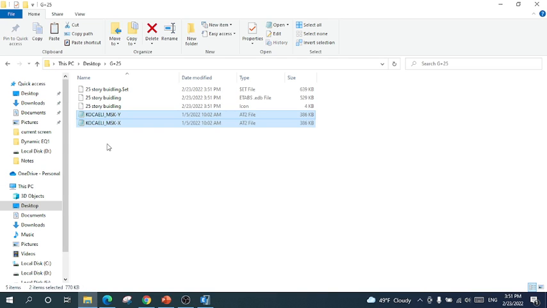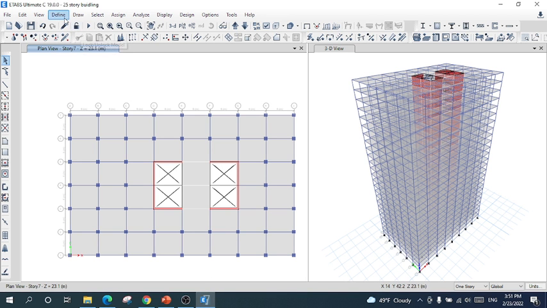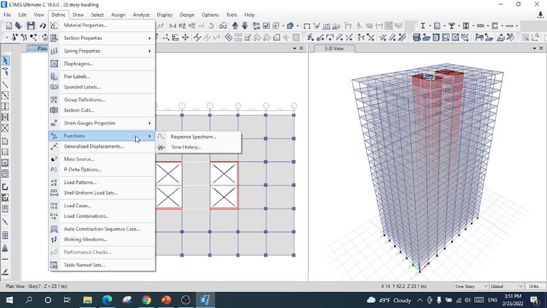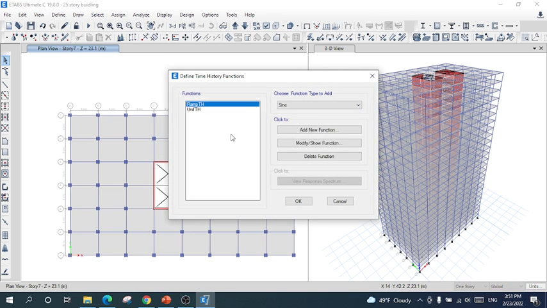Paste. This is the earthquake record in x direction, and this is the earthquake record in y direction. Now I will define the function time history, because I want to use the time history function for analysis. I will define this first from file, add new function,